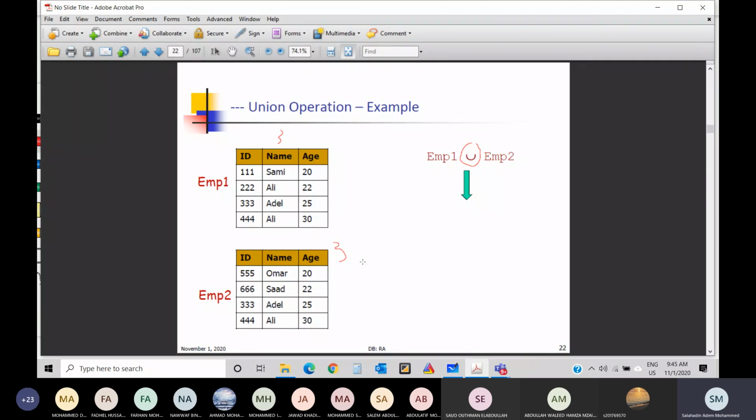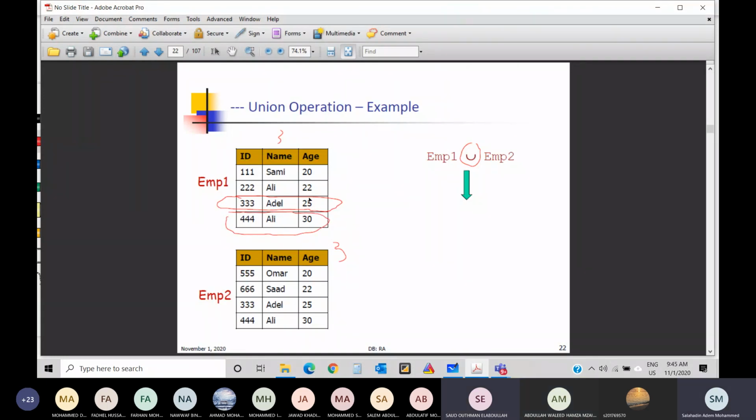Tell me what is the output of this? How many columns and how many rows? 3 columns. Very good. And 2 rows, I think. Very good. Do we have some duplicate rows? Let's see. Adel I think is duplicate, right? Yes, Adel is duplicate. Ali is also duplicate, right? Yes.